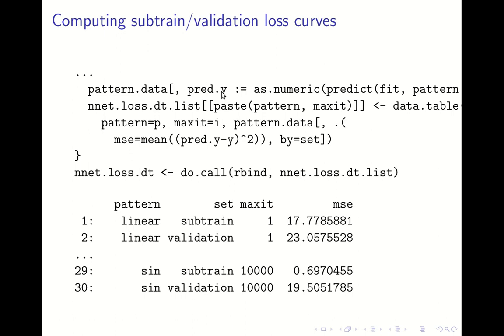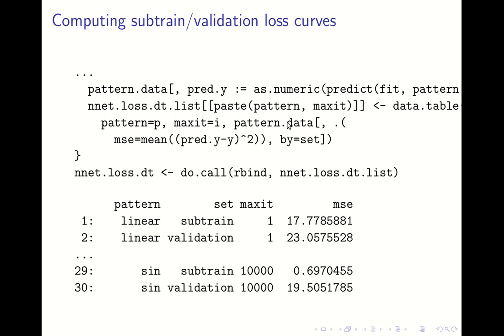If we use that on our pattern data object here, we're going to get a new column called pred.y, which is all of the predicted values. Then we can create a new data table, which is the nnet loss dt list. Here I'm using the paste function to create a new list element name for every combination of pattern and the maximum number of iterations. In this data table, I'm going to be putting the pattern ID, the max number of iterations, and then finally